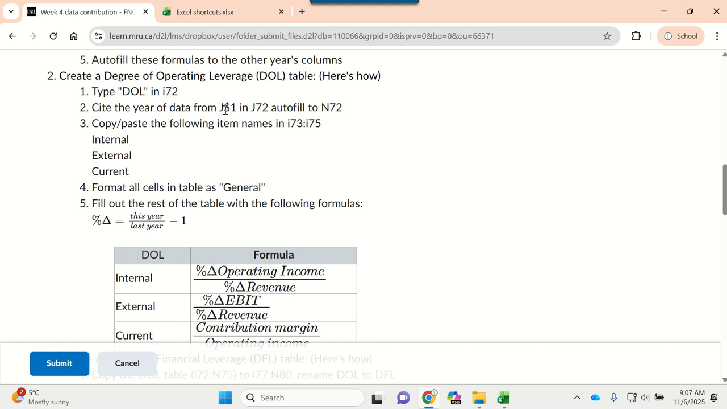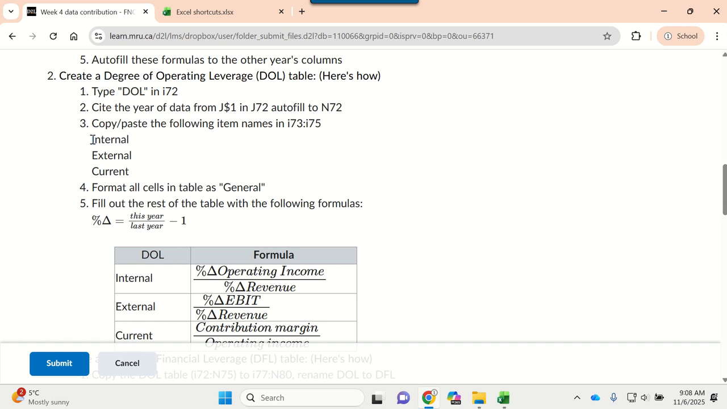in J72 the same years from cell J1, but we're going to put a dollar sign in the front because we're going to copy this table to make other tables below it, and we don't want the row 1 to be changed. We always want it to be row 1, so that's why I put a dollar sign. That will freeze it. And then we're going to copy and paste these words, internal, external, and current, below in